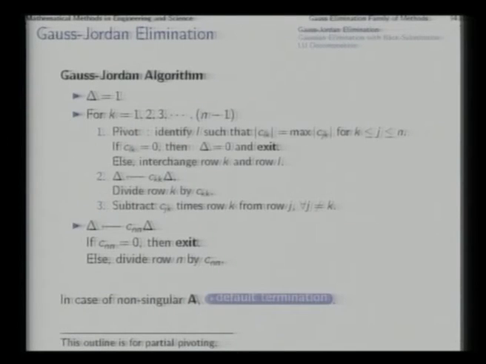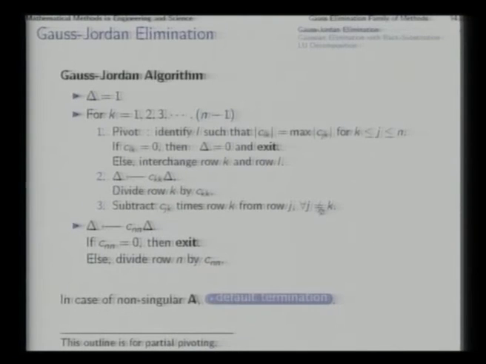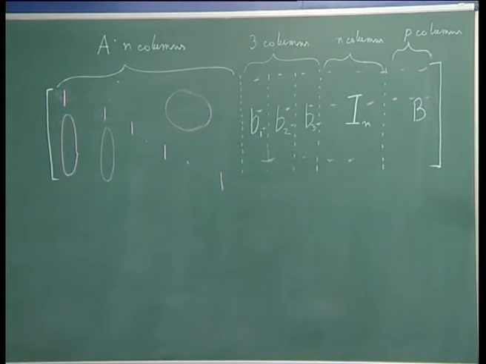After the pivoting step, you conduct the ordinary two elementary transformations, dividing the current pivotal row by the diagonal entry c_kk, and then subtract c_jk times that row from other rows for all j above and below, and that gives you zeros in the off diagonal entries above and below the pivotal point.